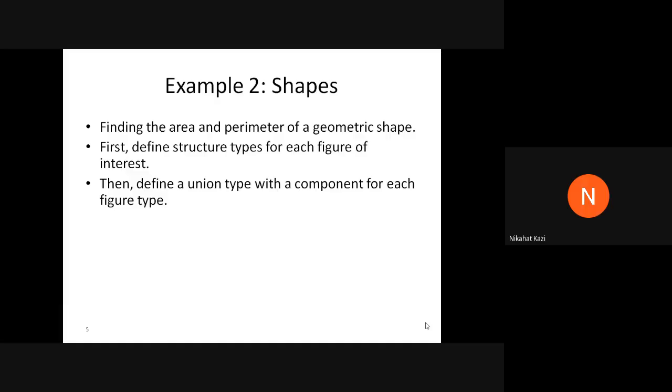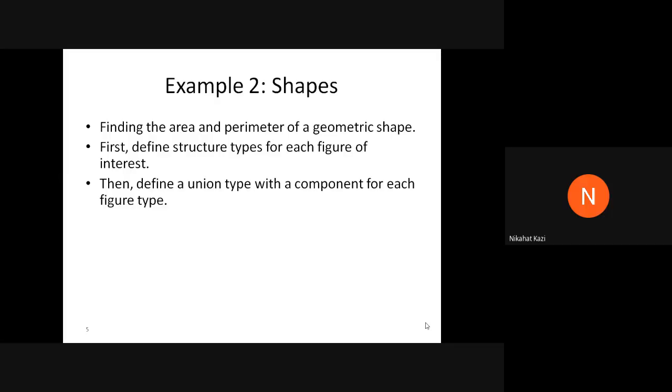What we will do is create structure types, like we created for lab and theory, 2 different types. For circle you will create a structure, for rectangle a structure, for square a structure. So what will be the data components of these structures?